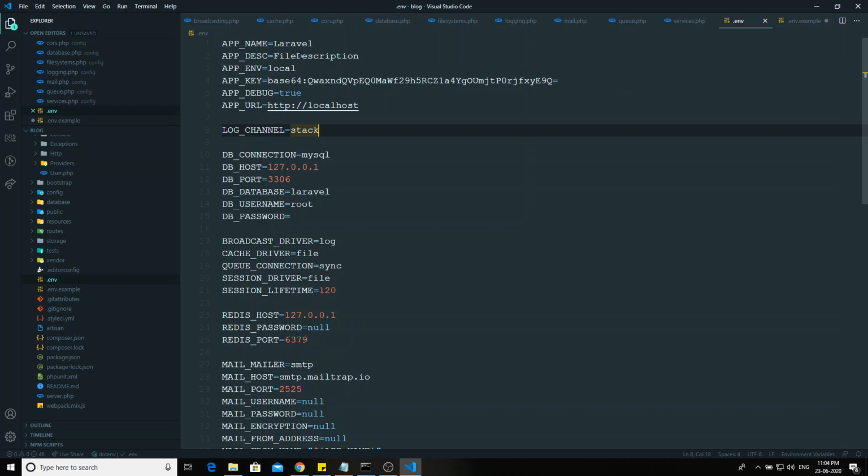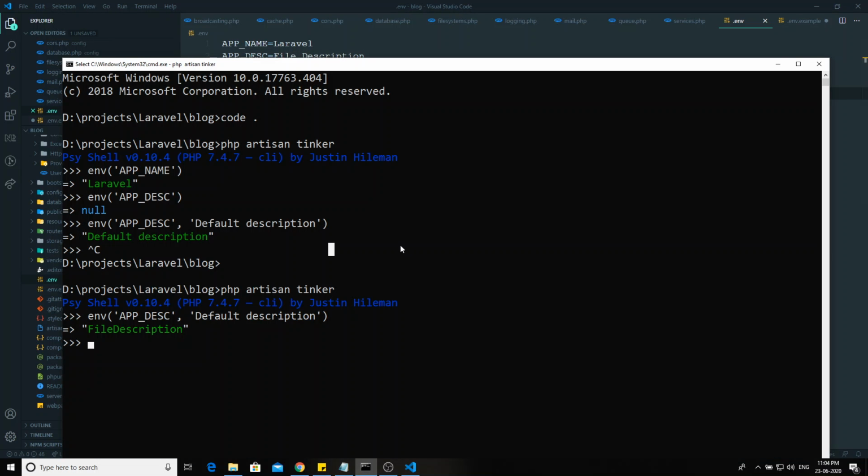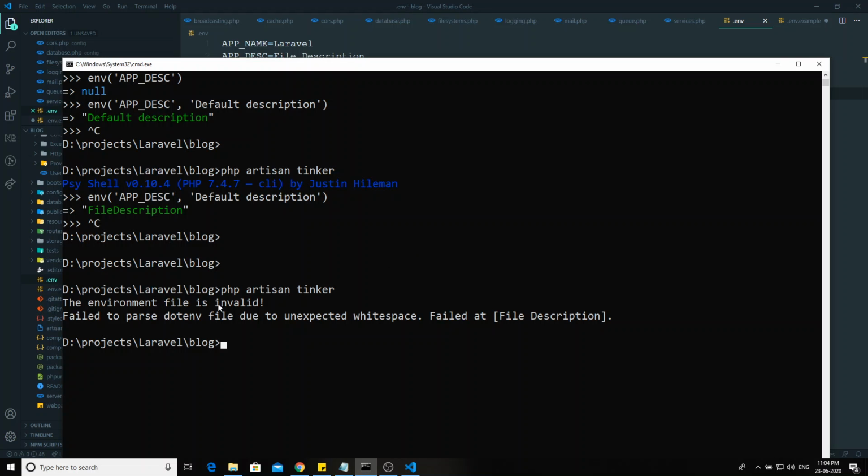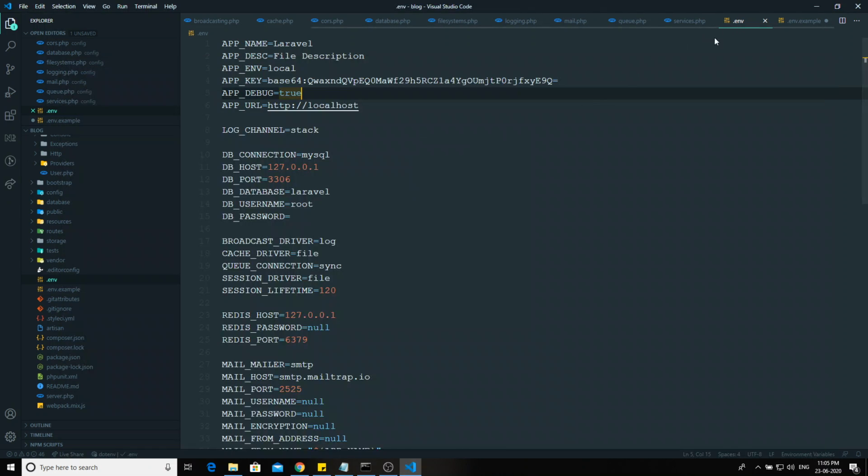Now in this env file, if you want to write with spaces or anything, if I mention a space like this and then go outside and run Tinker, it says the environment file is invalid, failed to parse .env file due to unexpected whitespace. So whitespace is not allowed in the env file. If you want to give whitespace, we need to put it in double quotes.